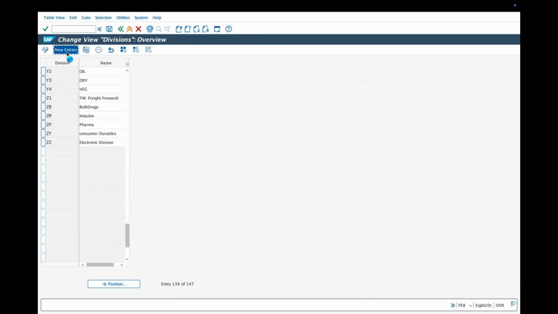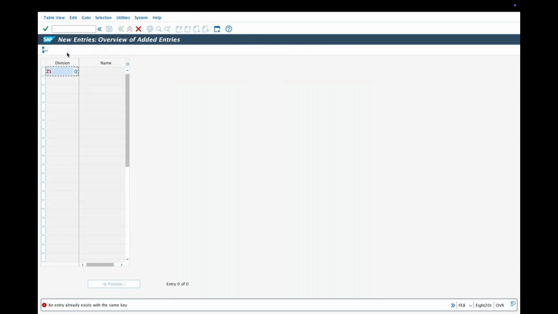For example, I say new entries. I want to give Z1. If I say enter, it says an entry already exists because somebody has used it. So you need to come up with your short name according to your preference. I say ZC for Zara clothing, ZA for Zara accessories, and ZG for Zara general. Since nobody has made these three short names, I can go.